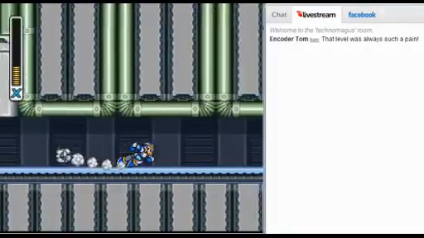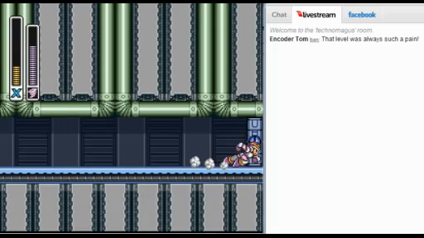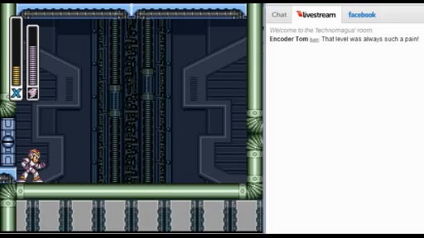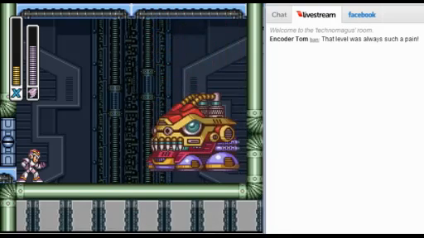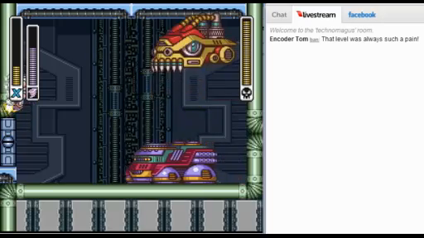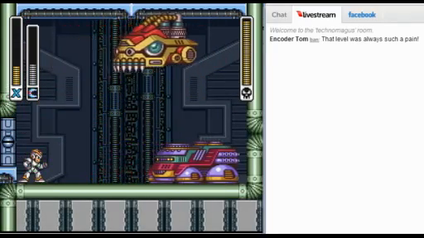Alright. And now it's boss time. I'm actually not sure what this boss is weak against. Let's just go with wind right now. Meet the D-Rex. It gets to knock you off the...